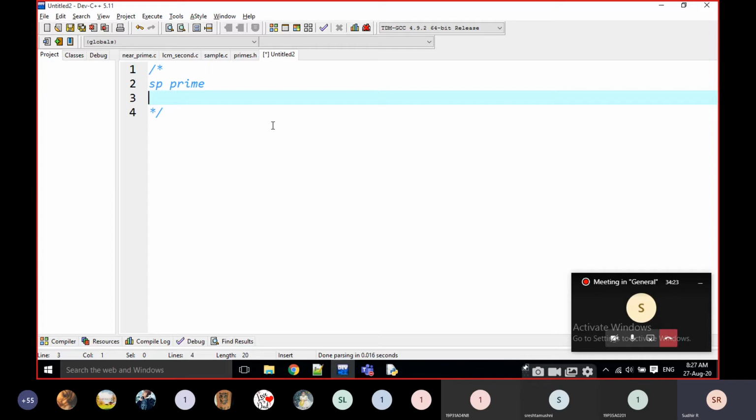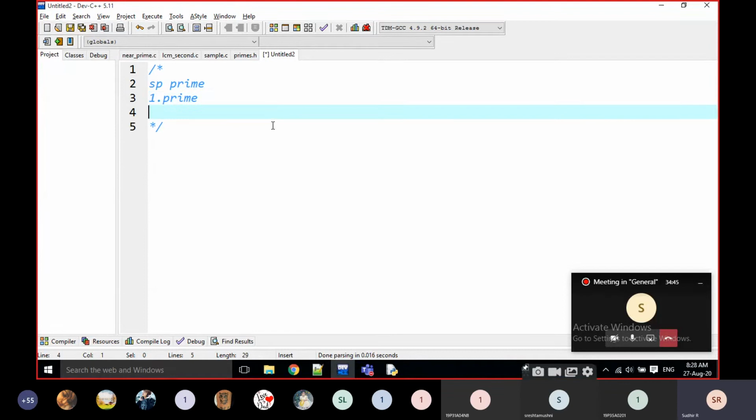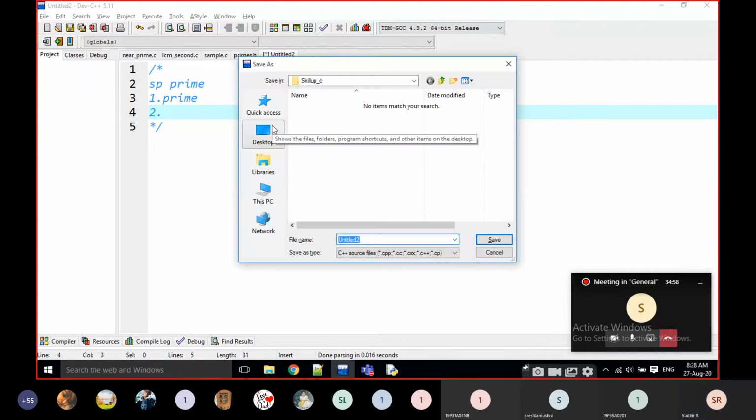Some primes are mega primes, twisted primes, and like that. Some we were finding the nearest prime. Now we are going to find a special prime. What are the properties of a special prime? First of all, it is going to be a prime number. It's a prime, no doubt. If it is not a prime, for example, the input is 18, the output is that it's not a prime. If it is 19, it is a prime. Then we have to check.